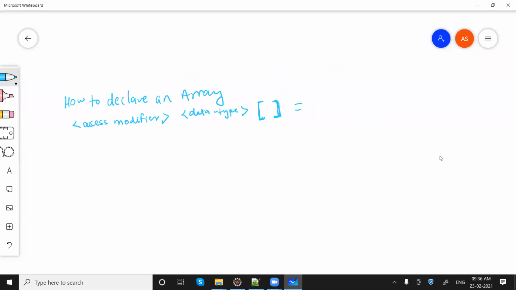When we say declaration, then it will be only this.